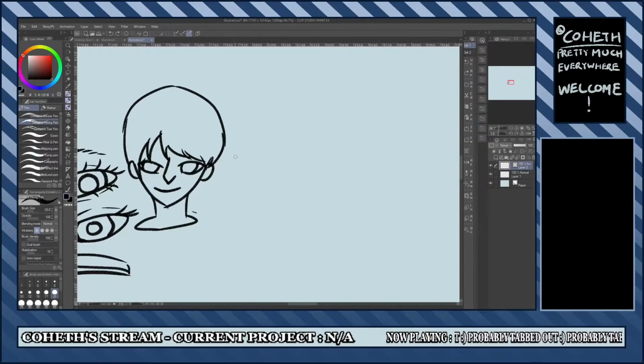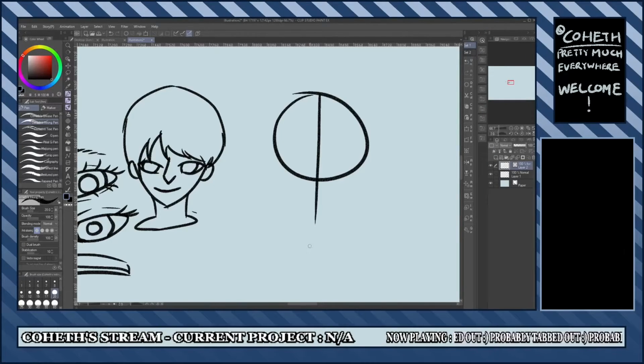It's kind of like in algebraic proof, right? So, like, you have your circle that you started with before, and you want to make this same face, but you want to make them looking down, you have the idea that you should draw that center line, and then you draw the line for your guide, for the jaw, and then what do you do, right? You were taught that the proportions of the face means that you draw a line through the center, another line, another line. You get your eyes in there, your nose, your mouth. Then you just have him looking down. And it's fine, right? He's looking down.